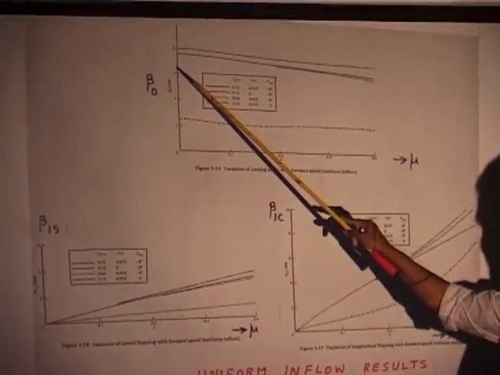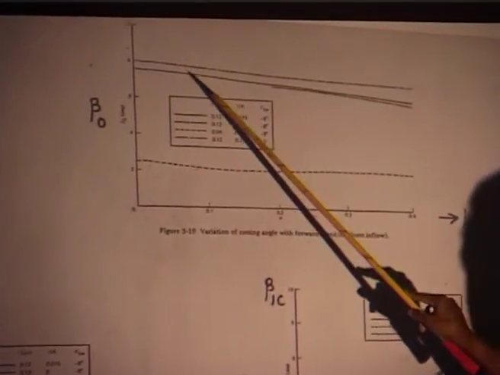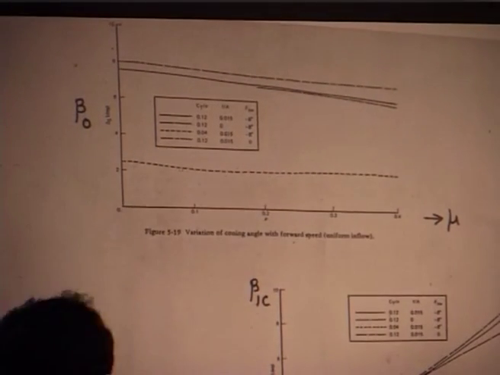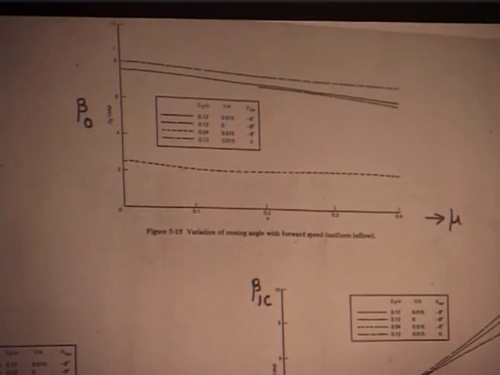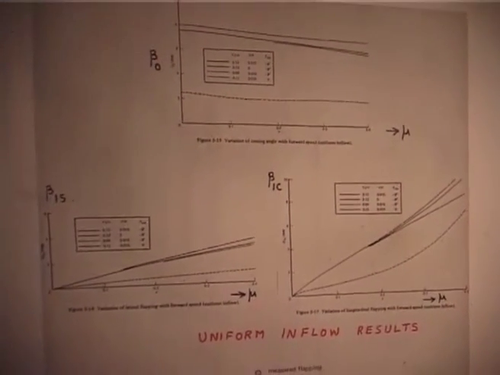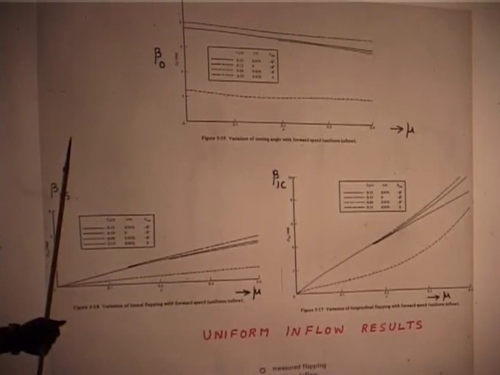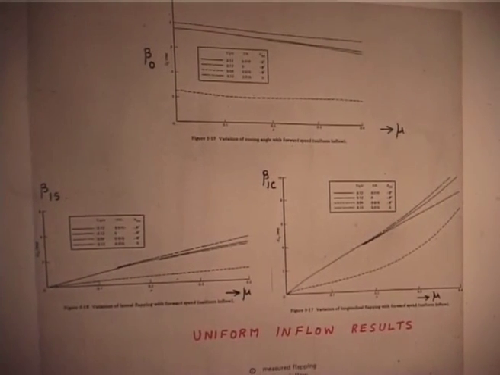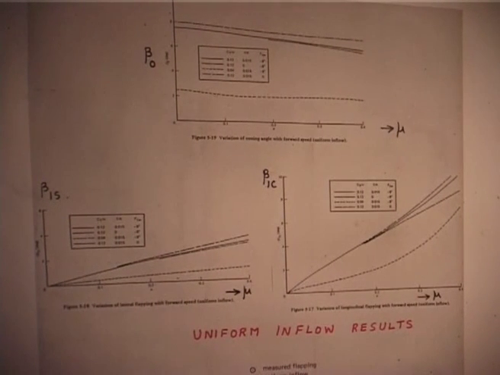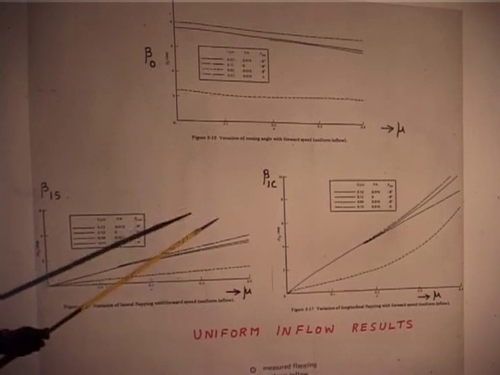beta naught does not vary so much with respect to forward speed. It does not vary a lot up to some mu 0.3, 0.35. It is a very small variation because the thrust vector is almost supporting the weight of the helicopter. So, only with a change in weight it may change. Okay. Whereas beta 1S and 1C,